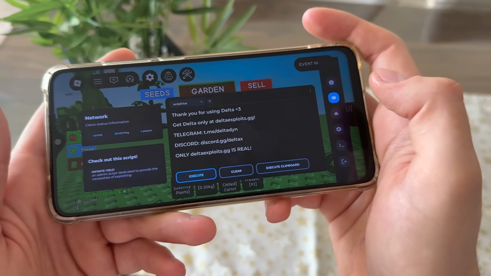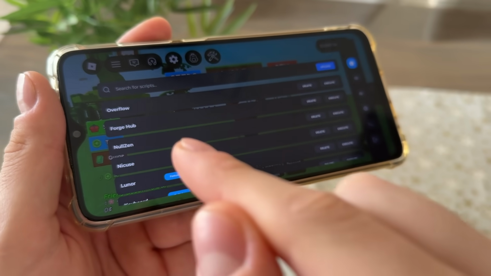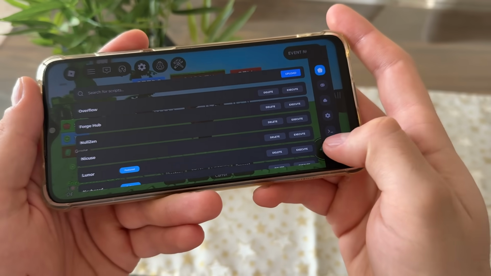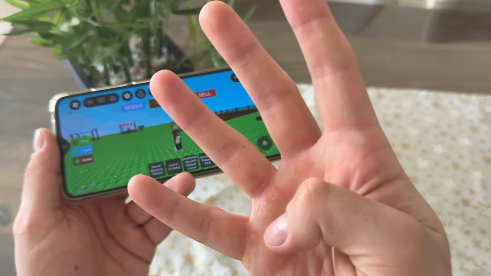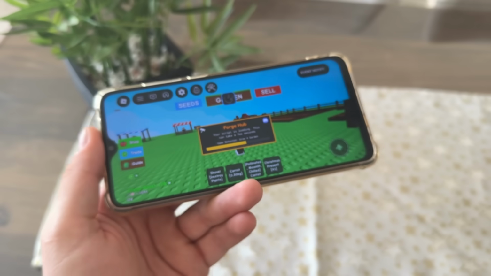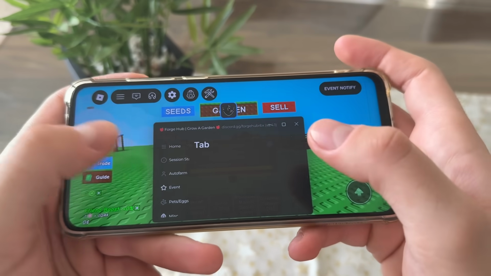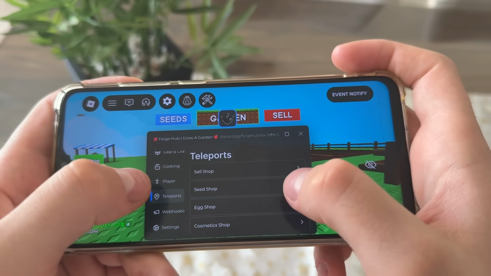Oh my god, let's check for the scripts, and boom, Overflow, Fortune, Nulzen and Nikius, just as we selected, guys. I'm so excited because we actually got this Delta along with 4 scripts fully activated for free. Look at this, game detected, Grow a Garden, guys. Now you can use your favorite scripts. You can also, nice, guys, look at this. We got this amazing